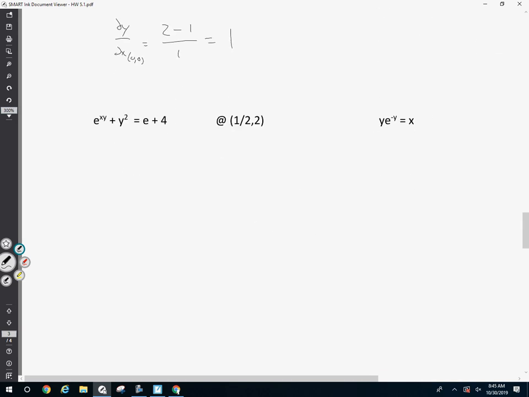Okay, we got a product rule in the power. Let's see what we got. e to the xy. Outside, inside. The outside e to the power, the inside xy. When you take the derivative of xy, you need to use the product rule. That is the important part. Derivative of the outside, that's easy when it's e to the power. So I'd get e to the xy times (y plus dy/dx x) plus 2y, just 2y dy/dx